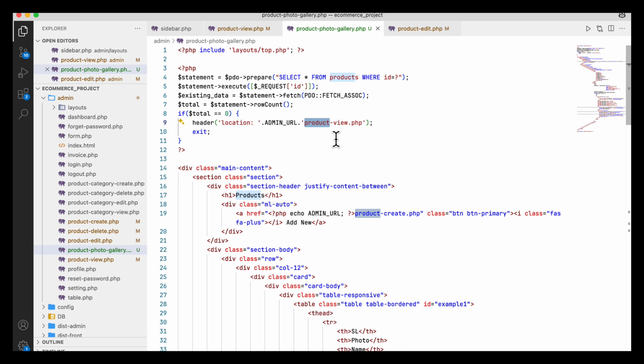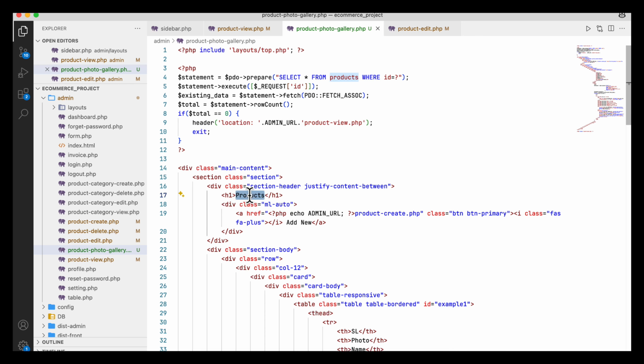And here there will be two things. One is in the same form, using the same form I will, for example, add the data, and I will, for example, delete the data. So this type of thing I will apply here. So in the heading you see this is the products,